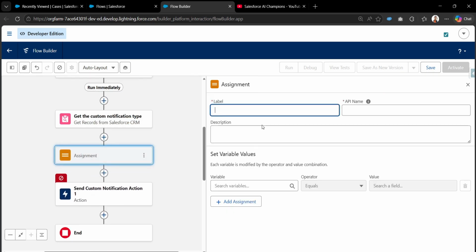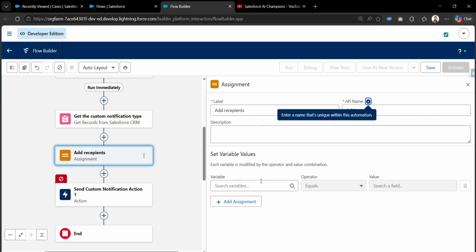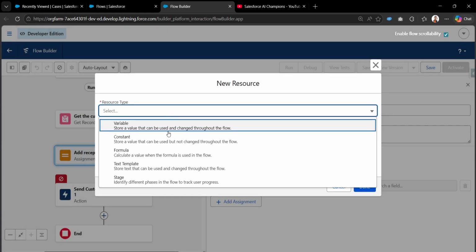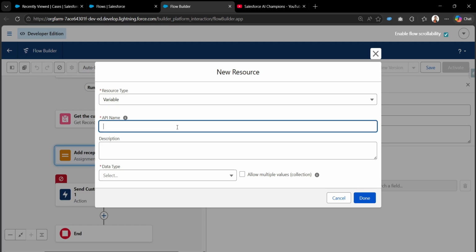In the assignment element I'll provide the label as add recipients, and in the variable I'll create a new resource, and the resource type would be variable, and the API name could be recipient collection